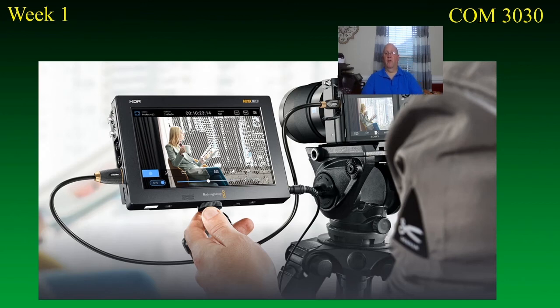Okay, this is an example of a very simple signal flow. If you look at this image here, you'll see that you've got a camera, and this looks like a very small camera, and it's producing an image, and so this would be what the photographer would see, and you've got what looks like an HDMI cable coming out to a field monitor. It could be that this is what you want to look at as a photographer. It could be the producer's standing over your shoulder and they want to see it too. And so this gives them a better view. So that would be about as much signal flow as you would run into in the digital world.